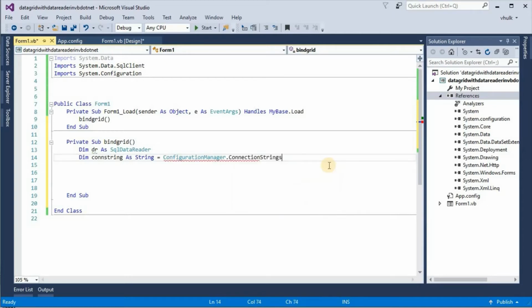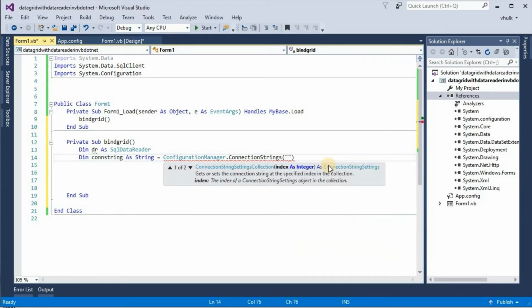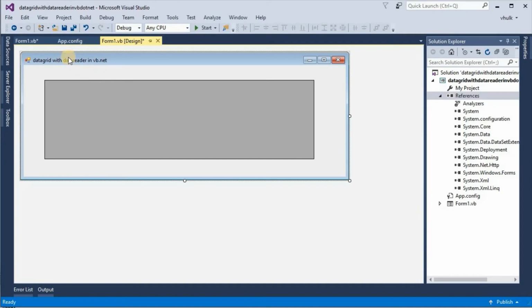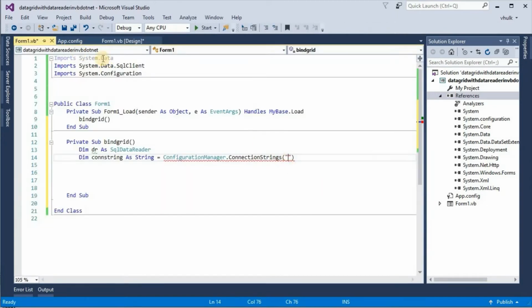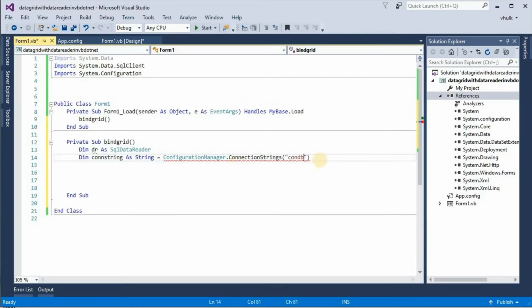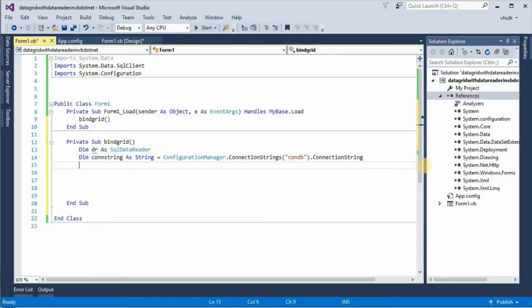Dot connection strings, round bracket, name of connection ConDB. So copy this and paste here. Dot connection string.